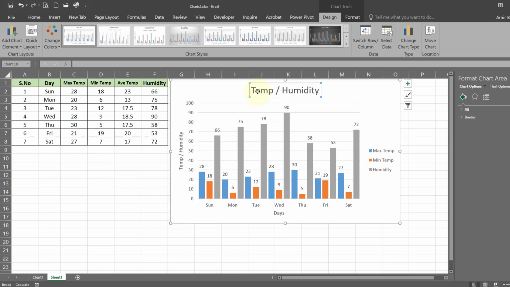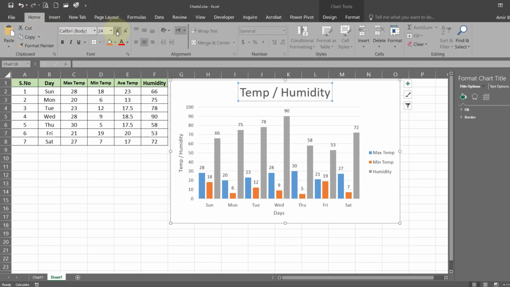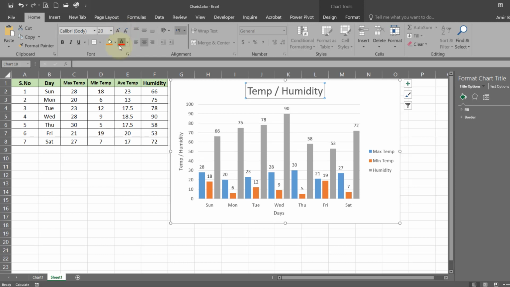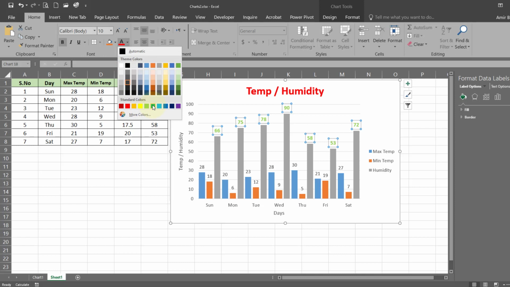Okay, now we can do some other things also, that is simple formatting of the text. Now if I click this one of it, you can see all of them are selected together. So I can format this text also.